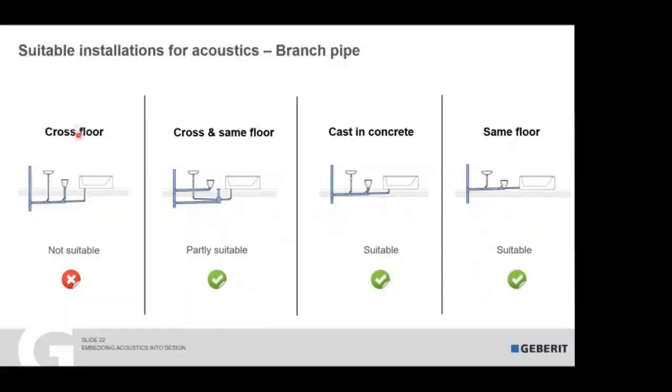So yes, that's what we're talking about, the cross floor, and here you see this installation we consider is partly suitable when we have a floor drain. Most important, as a first step, is to put the toilet above. This is the loudest device, so make it a wall hung toilet to really reduce the noise from the wall, the solid borne sound. And then also the floor drain doesn't have a loud sound, as the flush volumes are very low and in a longer time interval than the toilets,